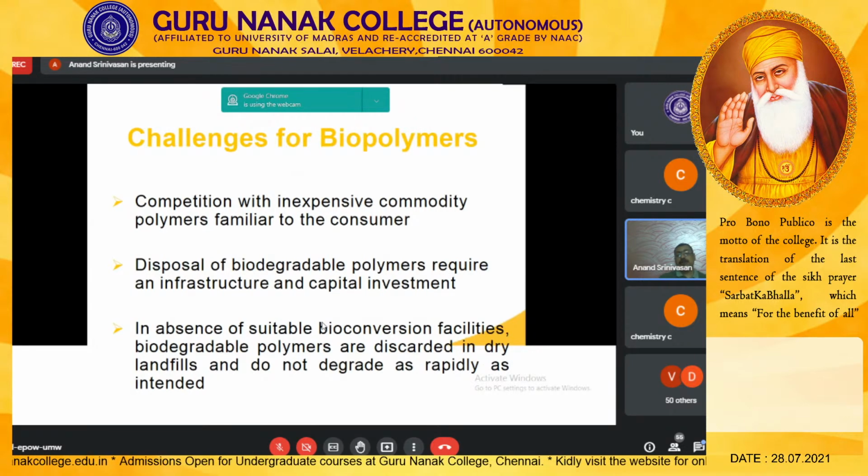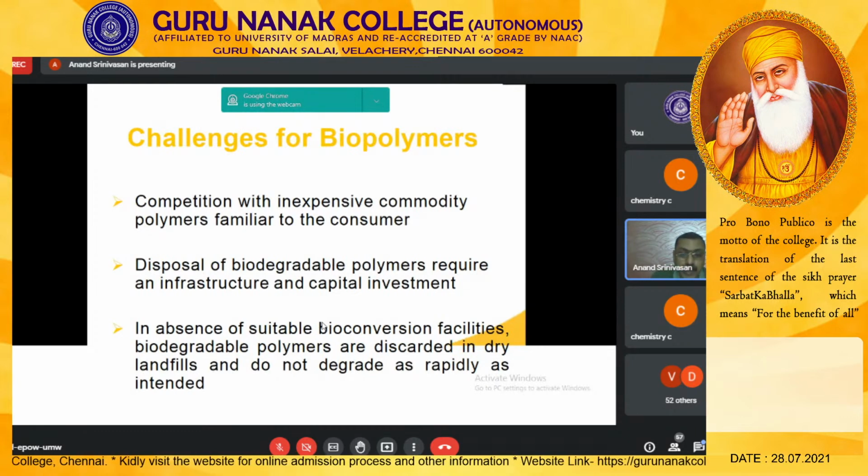is with an inexpensive commodity, because synthetic polymers are inexpensive as far as the biopolymers are concerned. But still, in the longer run, you have to consider this biopolymer as an investment. You should not consider only the cost, because though the initial cost is more, when you look at the durability and the sustainability, this is going to be much more beneficial than the synthetic polymer. So you have to consider this as an investment. But when you look at the cost alone, it will be pretty expensive. So that should not be your mindset. You should have a different mindset as far as biopolymers are concerned.